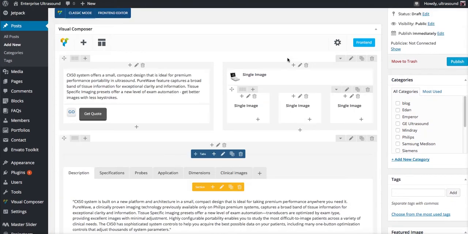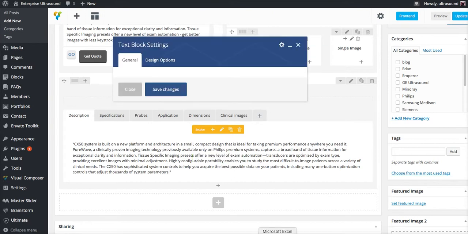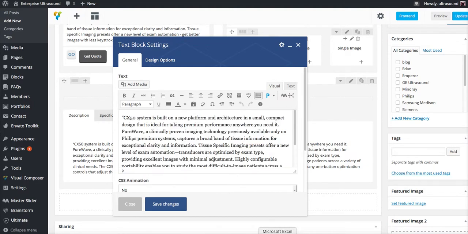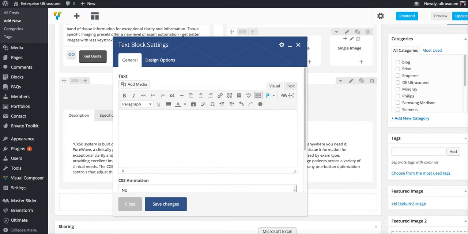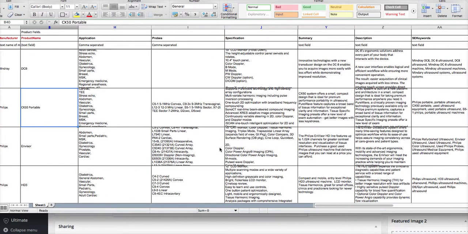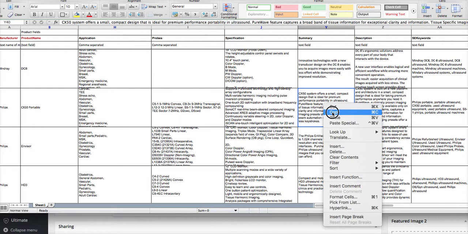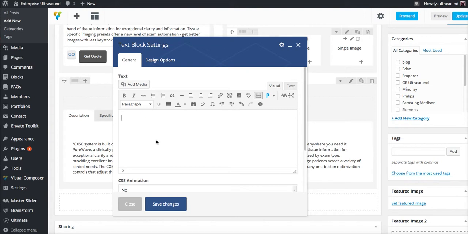And again, I want to make this clear. For example, if you go here and you're going to copy some of the text that's on a spreadsheet, I'm going to show you what happens. First of all, I'm going to delete this because this is not the one. Okay, so let's say I'm going here and I want to copy this particular text. Simply click on the box that you want to copy, and I normally just right click and hit copy. Now, if I go back to this section and I just paste it,